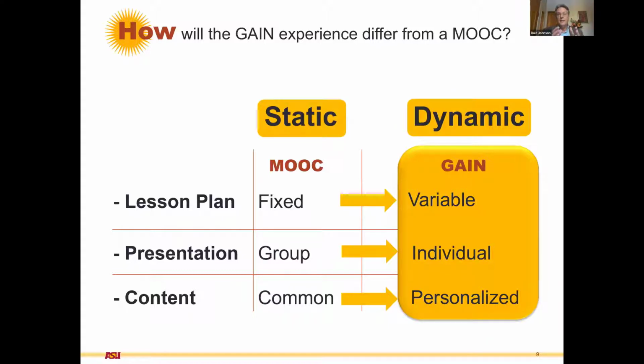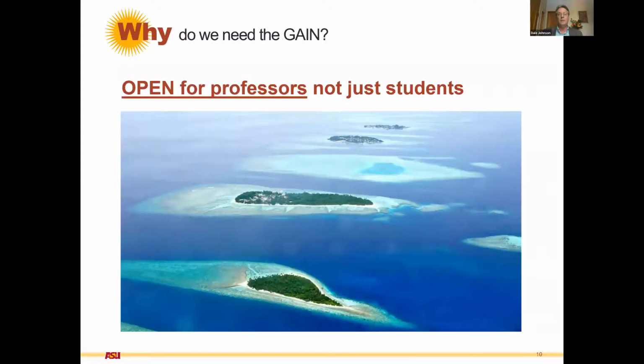This is not a critique of the MOOC as it's currently conceived, because that was the technology that was available to the people that were building them. But what we really want to think about is, what technology do we need to do something better? And that's where we're moving, away from the mass production MOOC to the mass personalization in the Global Adaptive Instructional Network. And the first thing I want to do is dissect a little bit the term MOOC.